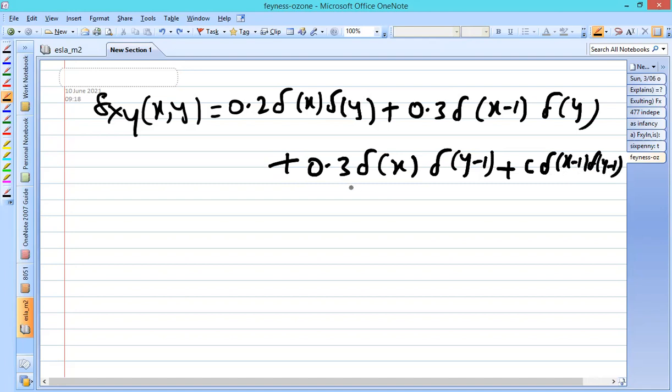Given this PDF, in the first part we are asked to calculate the value of c here. As I told you, this is in the discrete form. So whatever problem is expressed here is with respect to discrete random variables. In the previous problems we were doing integration. Here integration is done for continuous random variables.